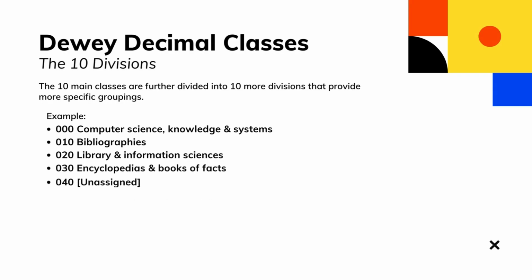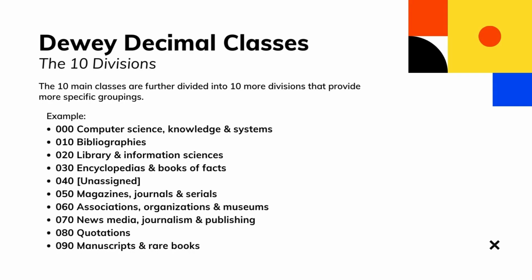The 10 main classes are further divided into 10 more divisions that provide more specific groupings. For example, Class 000, which is computer science, knowledge and systems, is divided into 10 groups that include different subjects such as computer science, knowledge and systems, bibliographies, library and information sciences, encyclopedias and books of facts, magazines, journals and